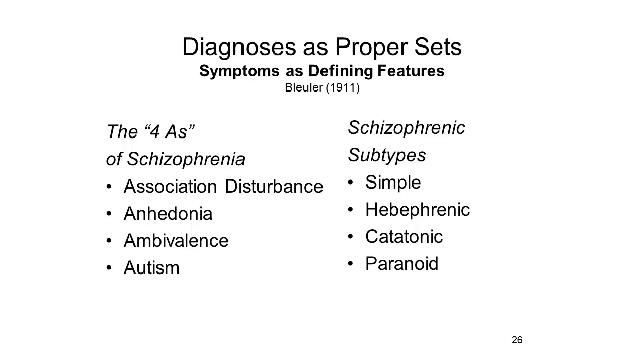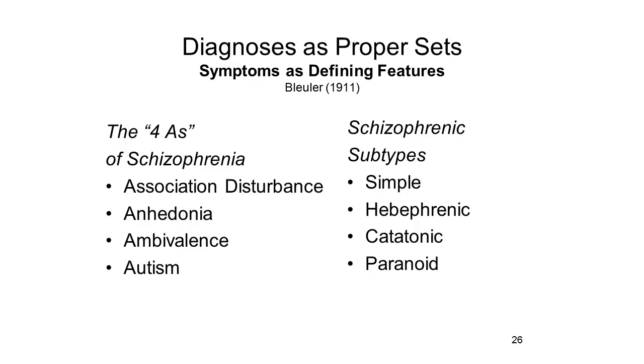Before the publication of the third edition of the Diagnostic and Statistical Manual in 1980, the psychiatric diagnoses were generally considered as proper sets, each syndrome associated with a set of signs and symptoms that were singly necessary and jointly sufficient to define the illness. So, for example, when Eugen Bleuler renamed dementia praecox schizophrenia, a term still in use today, he argued that all